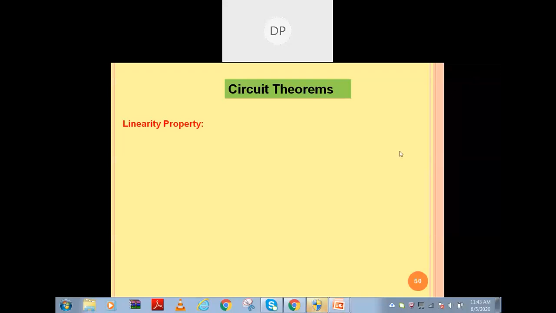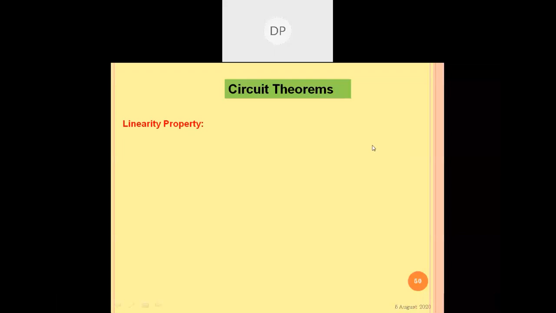Today we have started with the first theorem, and I will just take a brief review of this because now the theorems are more important and that requires more understanding. So the first thing I discussed with you was regarding the linear elements, or in other words the